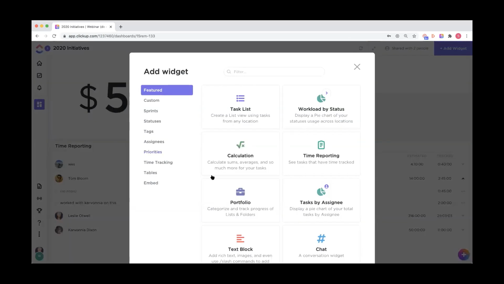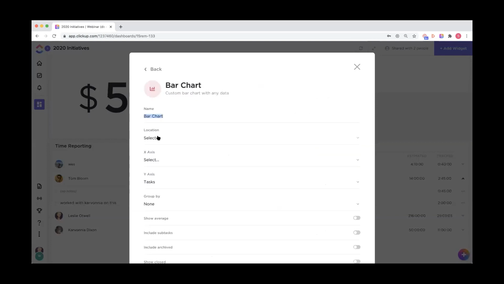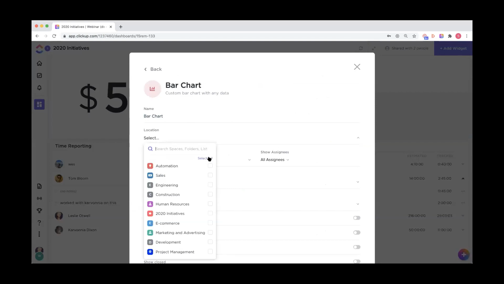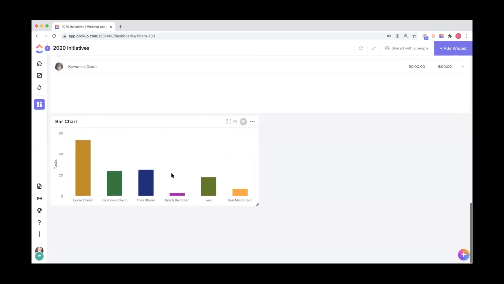But in the custom widget area, you can do things like see a bar chart of all of the number of tasks that someone has completed. So assignee tasks, filter by location if you want to,